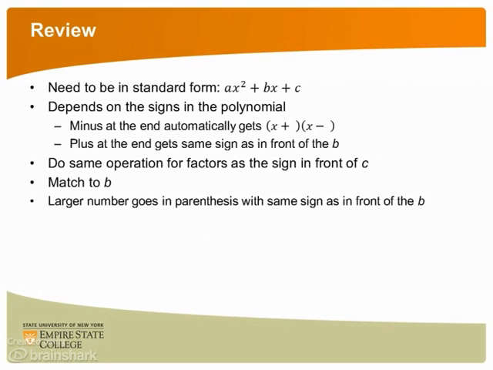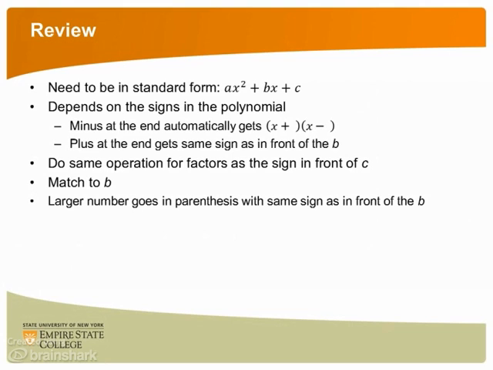we can use the following process to factor the polynomial. First, you split the x squared into x, and place the x's, one each, in sets of parentheses. Next, you inspect the last sign of your polynomial. If it is a minus sign, you can automatically put a plus in one of your sets of parentheses and a minus in the other set. If the last sign was a plus, both parentheses get the same sign as in front of the b,